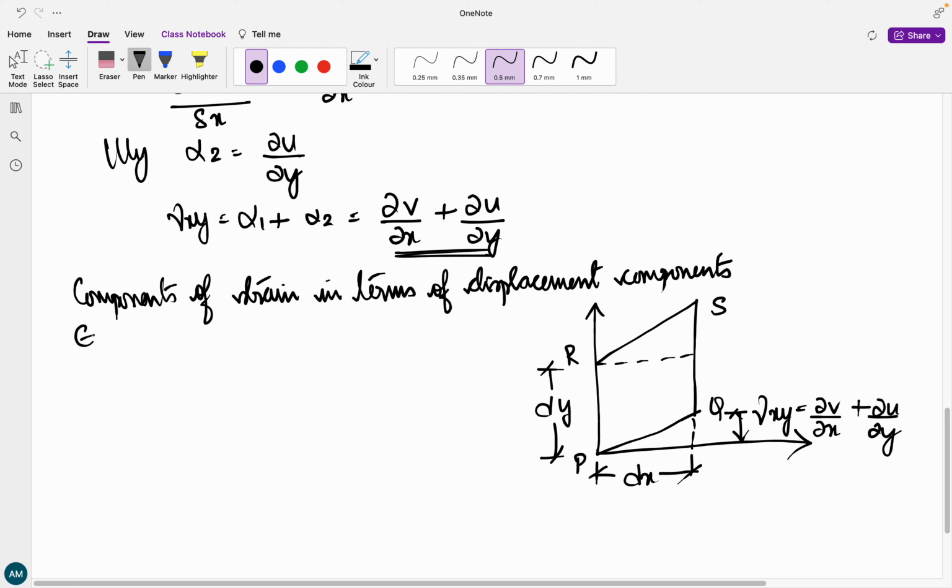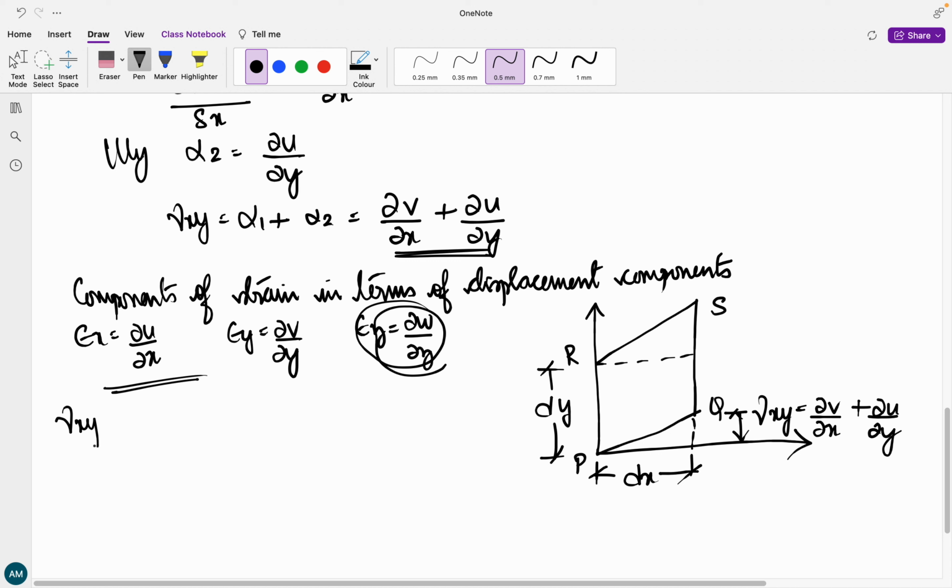So epsilon x is dou u by dou x, epsilon y is dou v by dou y, epsilon z is dou w by dou z. We will not be considering epsilon z because I have considered a plane. Okay, so we will be considering only x and y. Gamma xy is dou v by dou x plus dou u by dou y,